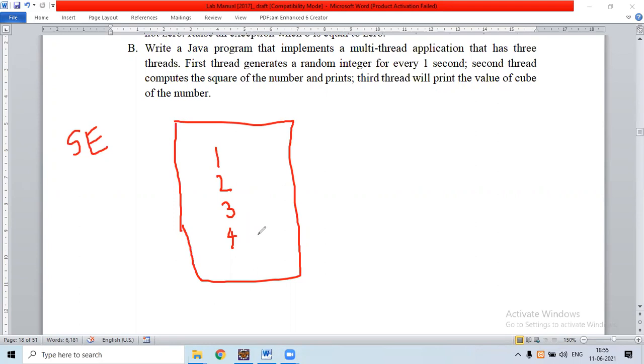Instruction 4 will execute only after completion of instruction 3. Suppose consider here the processor will take 1 second to execute an instruction. Therefore, here we require 4 seconds to complete the execution.